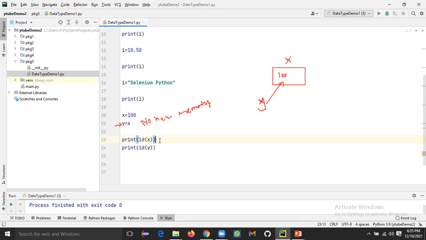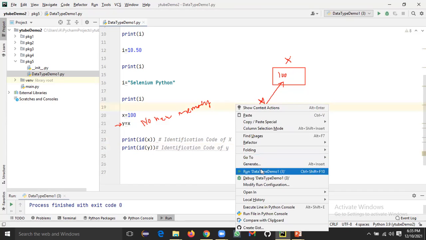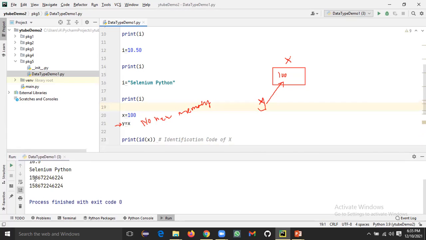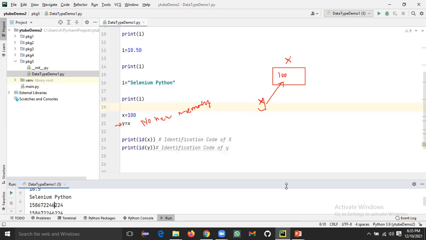This is the identification code of x, and this is the identification code of y. Now let me run it and see what it is printing. So we have executed this program. Now see here, both the identification codes are the same. So this indicates that both are pointing to the same memory location.